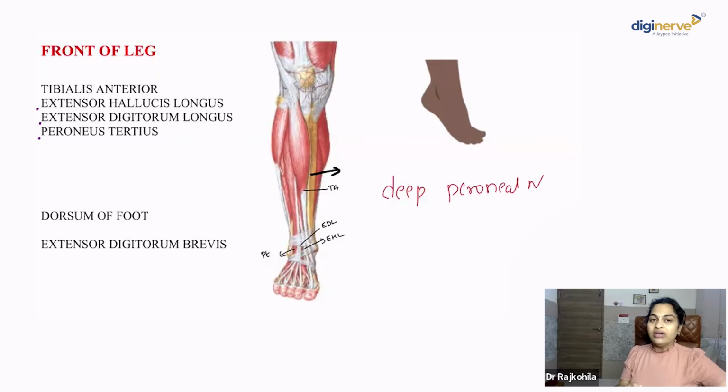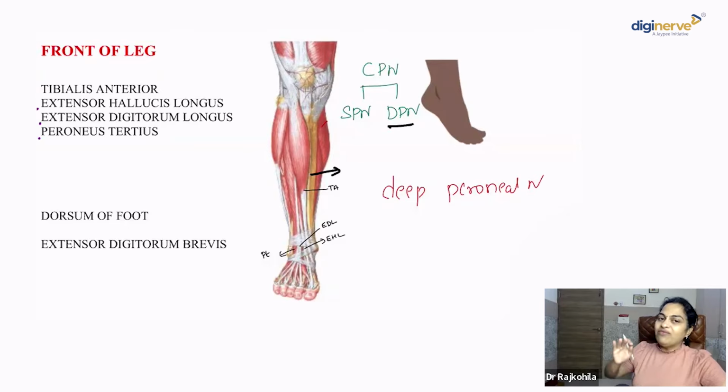So injury to the deep peroneal nerve, injury to the common peroneal nerve when it winds around the neck of the fibula, as in case of a fracture neck of the fibula, is again a very high yield topic, repeatedly asked. It's a PYQ, right? So the common peroneal nerve winds around the neck of the fibula. The fracture neck of the fibula can injure the common peroneal nerve. You know, common peroneal nerve is the one dividing into superficial peroneal nerve and deep peroneal nerve, right? So injury to the common peroneal nerve or injury to the deep peroneal nerve, paralysis of the muscles in the front of leg, and dorsiflexion is not possible. The foot goes for a drop, right? Foot drop.